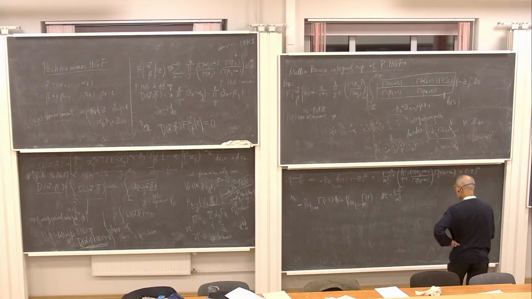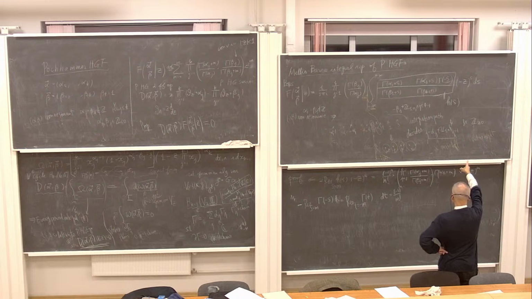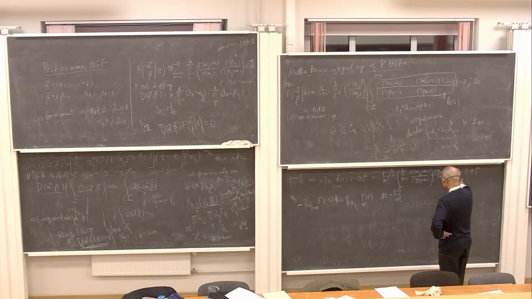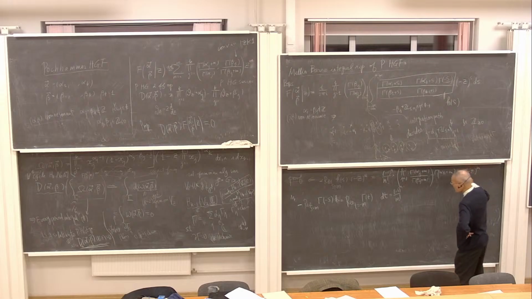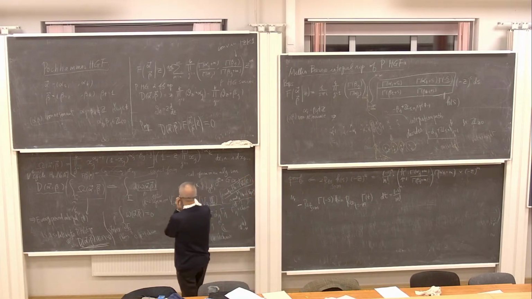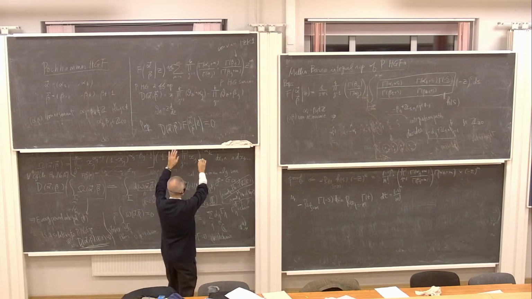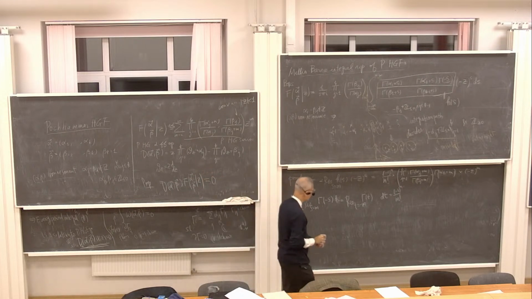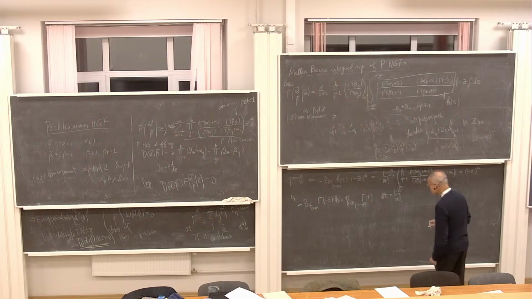That's the result of the residue of this integrand at s equals m. You see that it really coincides. So minus 1 to the power m cancels both of them, and the result will be this. Okay, so in this way you see that